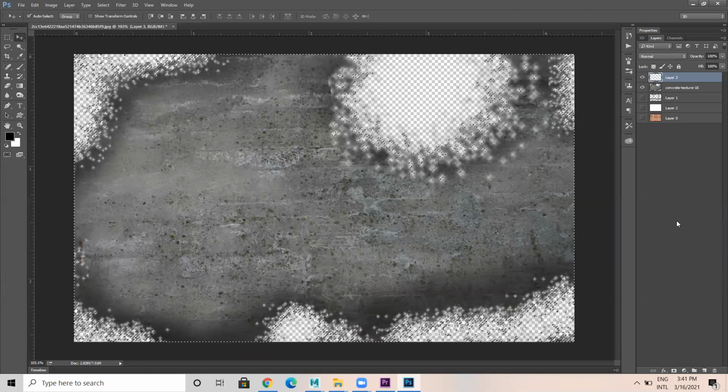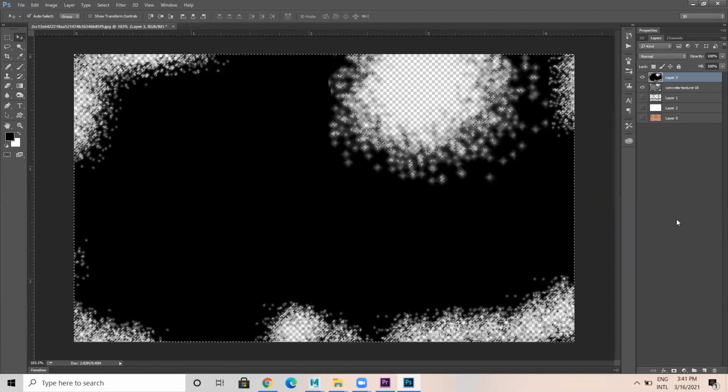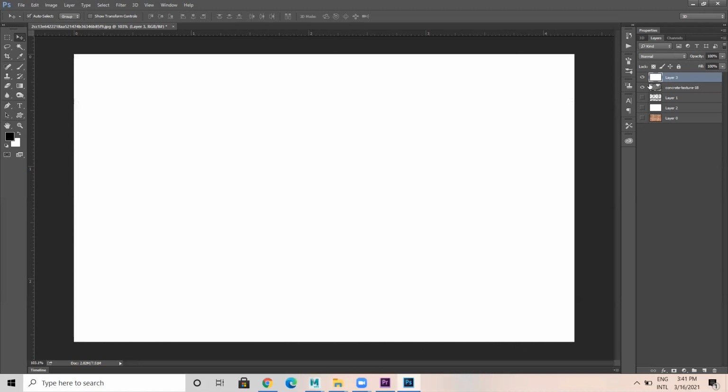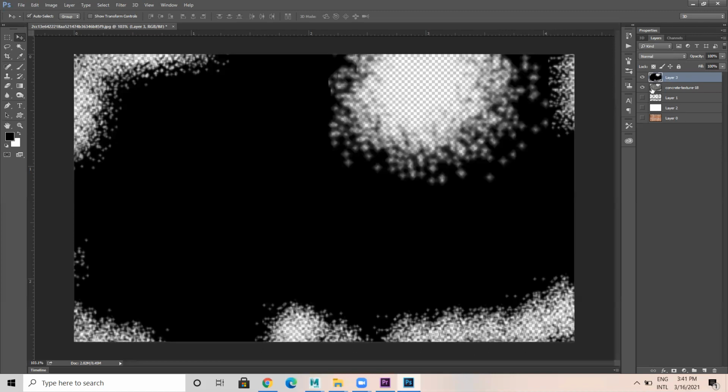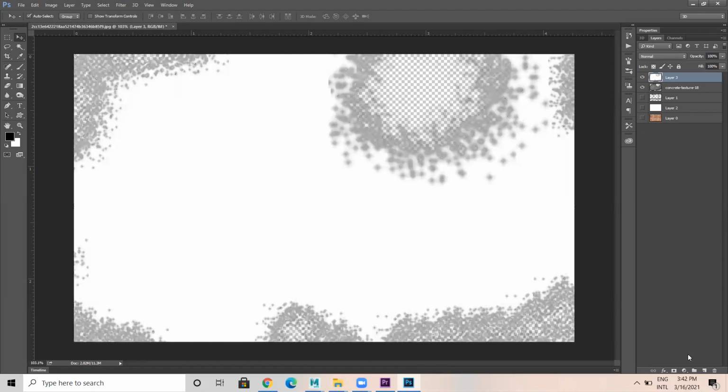Then control click on this. I create one more layer. This has to be black. Now this has to be white. And I create one more layer.